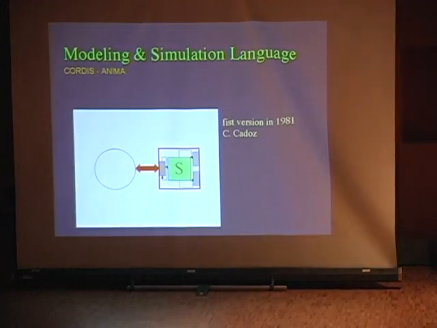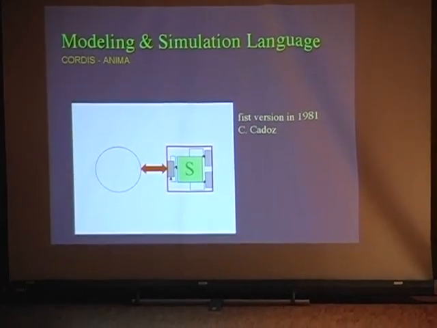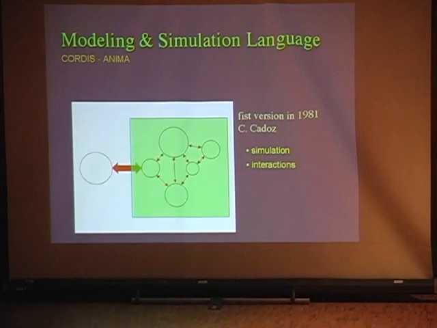Now, concerning the modeling and simulation language, we started this reflection and research on a modular system in 1981 when we developed the first version of Cordis Anima. And the idea for this system is to generalize, to propagate inside the machine the concept of interaction at the macro level between the user and the machine, and to consider that we will build physical objects by putting together an interaction